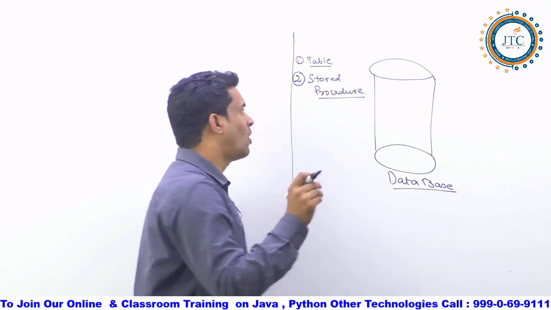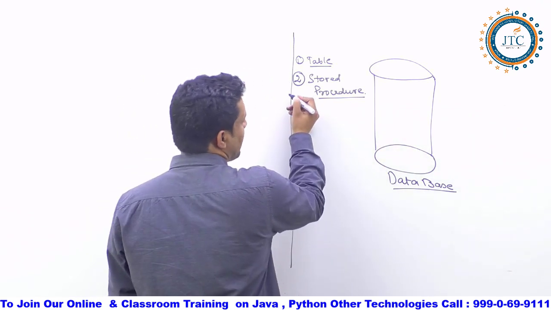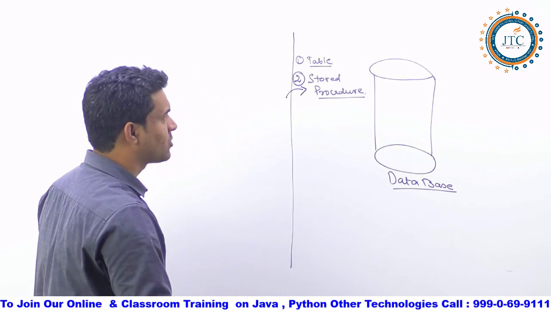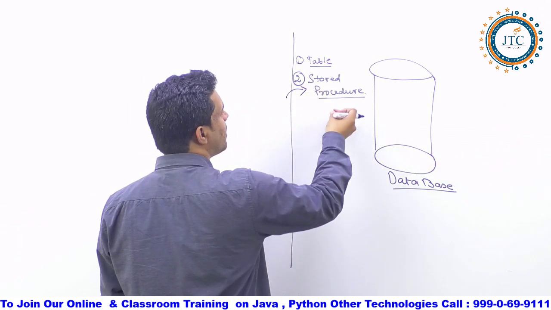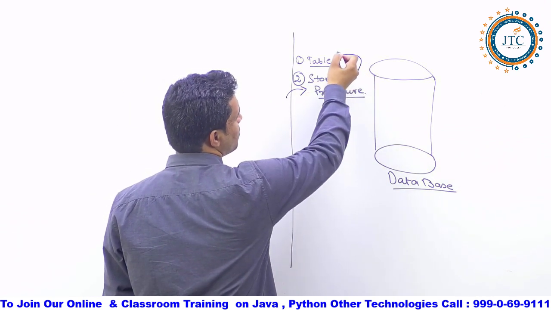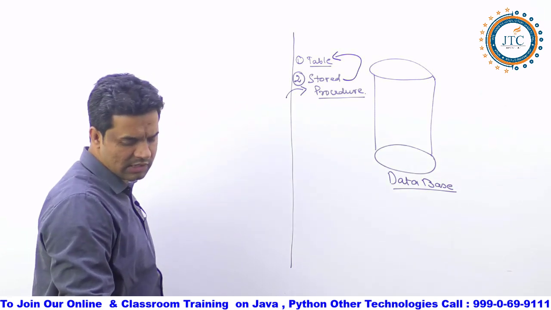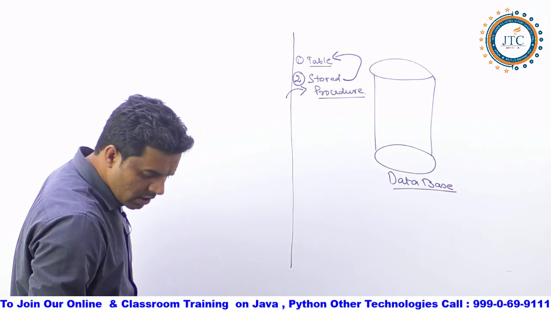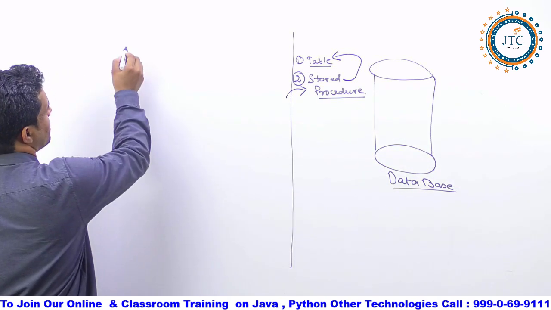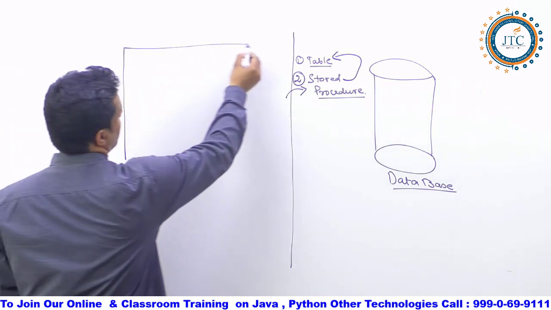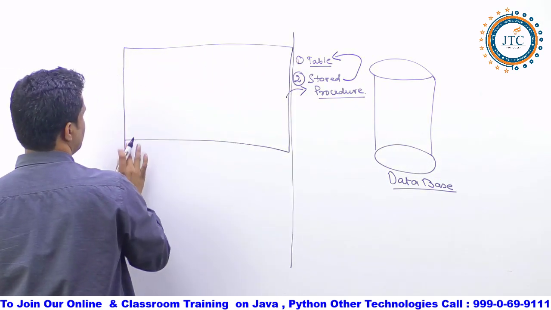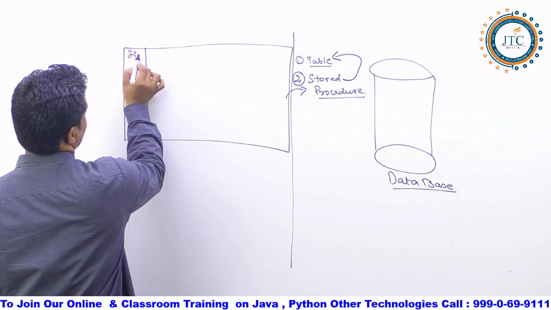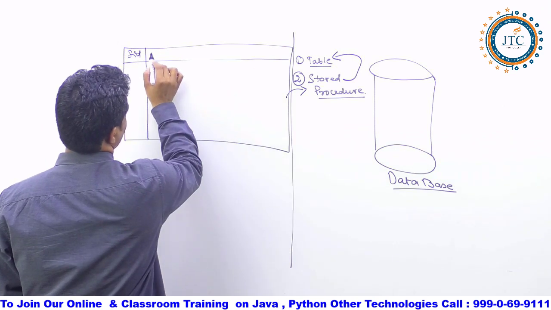And guys, what will happen whenever we call this stored procedure? This procedure will insert some process data into this table, correct? So let's say what kind of table I am drawing here. I'll be drawing a very simple table in this. The simple table I'll draw here has SID, name,